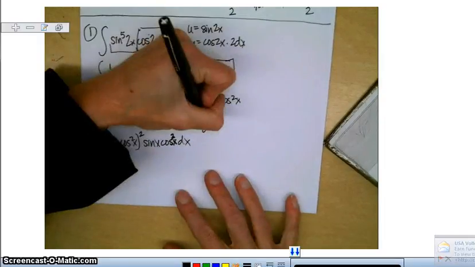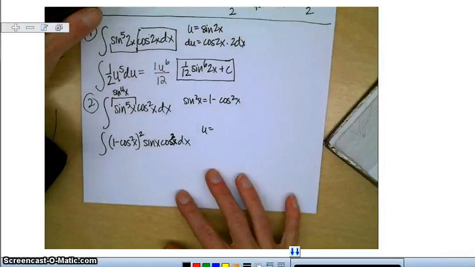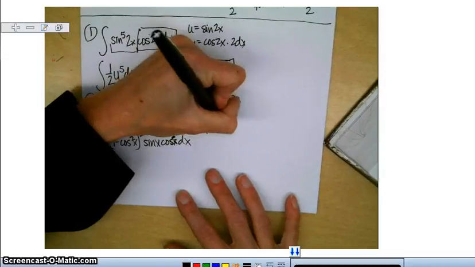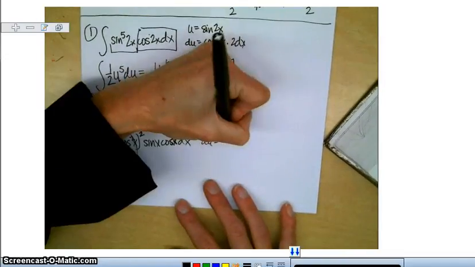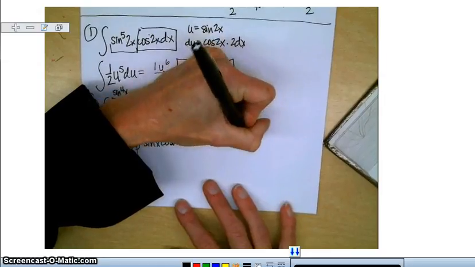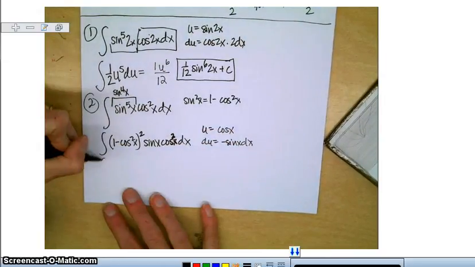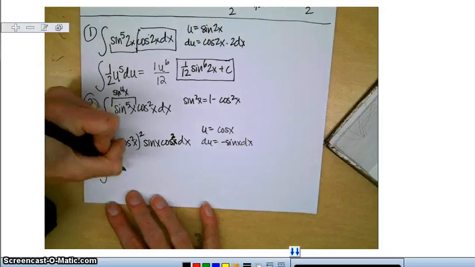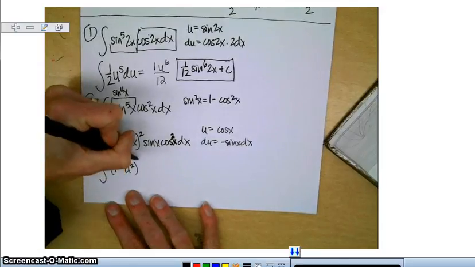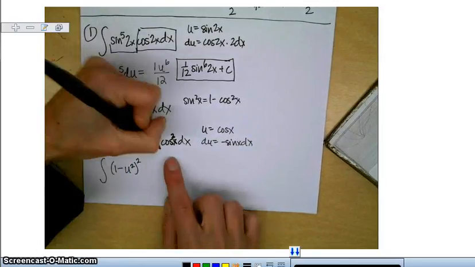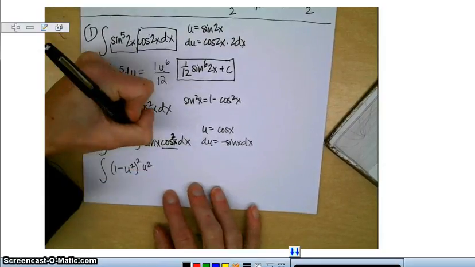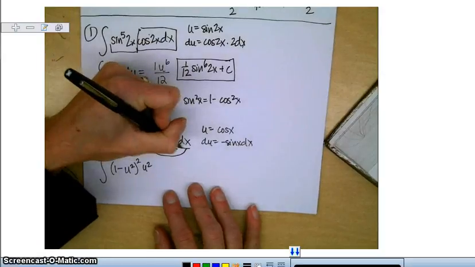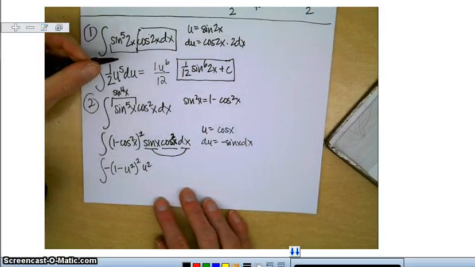So let u equal cosine of x, and du is negative sine of x dx. Okay, so my integral is going to become the integral of 1 minus u squared, squared. And then this part is going to become another what? Cosine squared becomes what? U squared. And what am I going to replace the sine x dx with? A negative, not just a negative